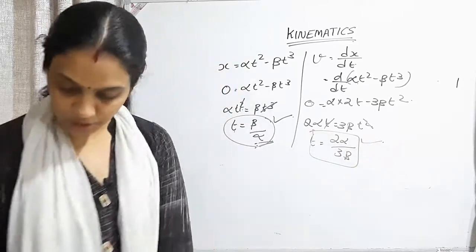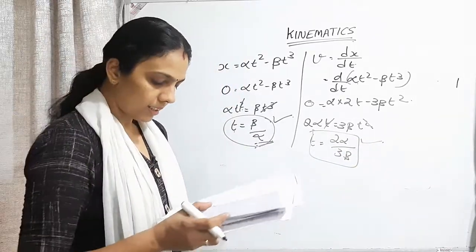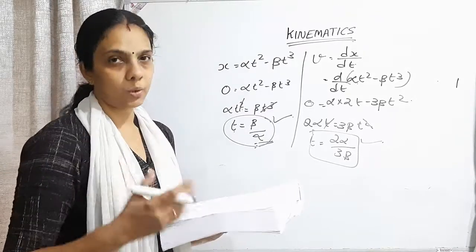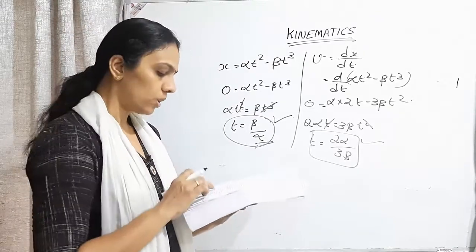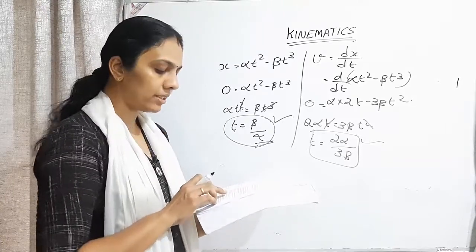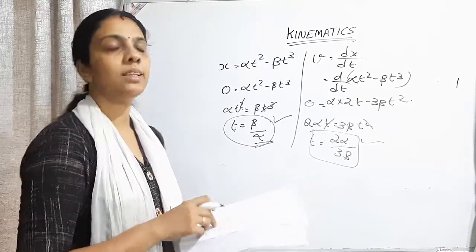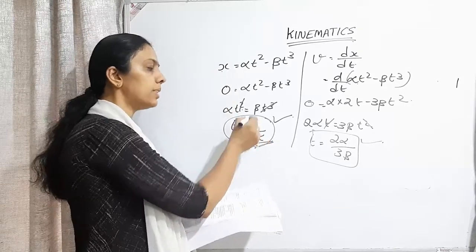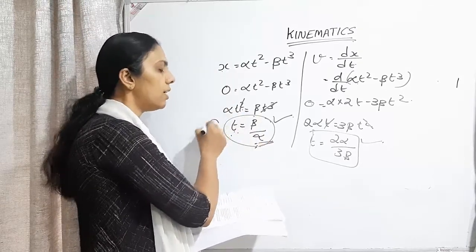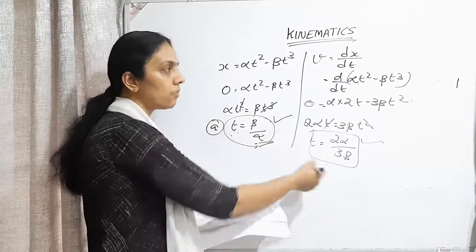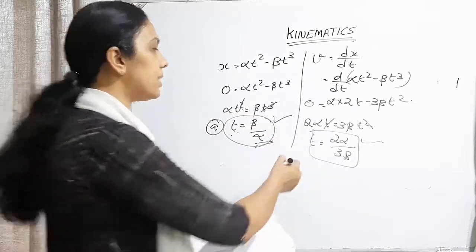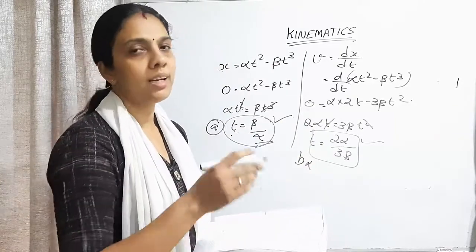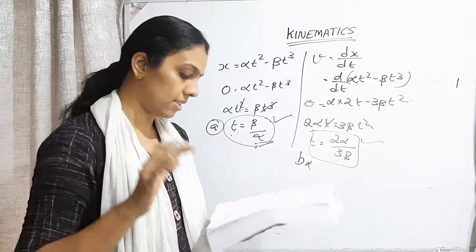So in the question it is given, the particle comes to rest after time 2 alpha by 3 beta. That is the correct one. So the first one, particle will never return to its starting point, that is wrong. Particle will be coming back to its starting point at beta by alpha. This is one of the answers. Now the rest of the options we are checking. So B is correct, it's not coming under the incorrect statements.